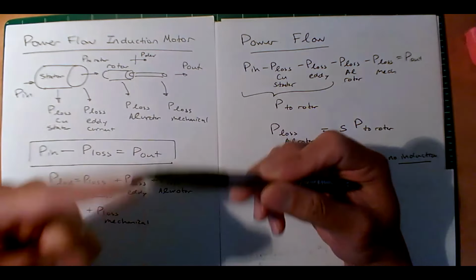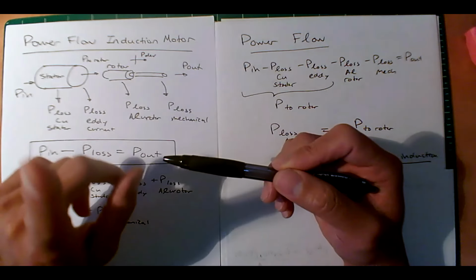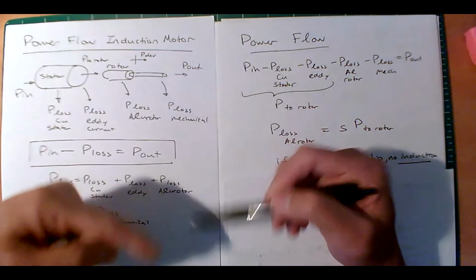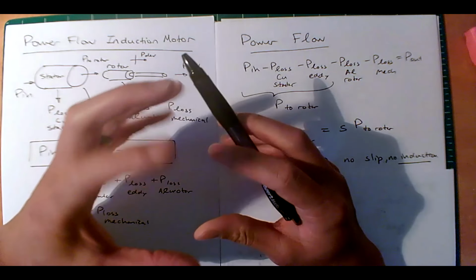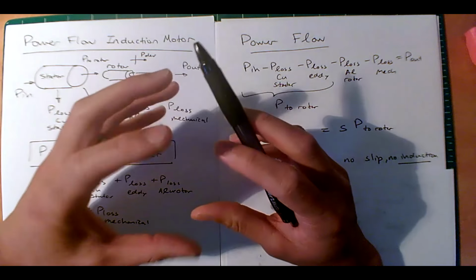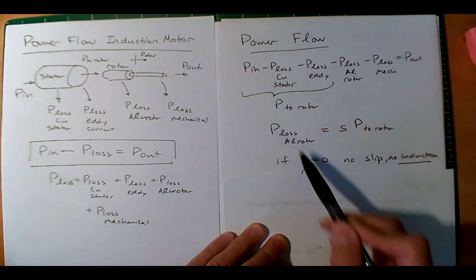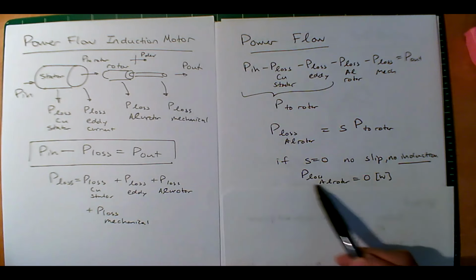The speed of the motor or rotor is going at the same exact speed as the synchronous speed or the magnetic field. Okay, if that's the case, by Faraday's law, you get no dΦ/dt. If you get no dΦ/dt, you get no current. If you get no current, you have no I squared R losses,